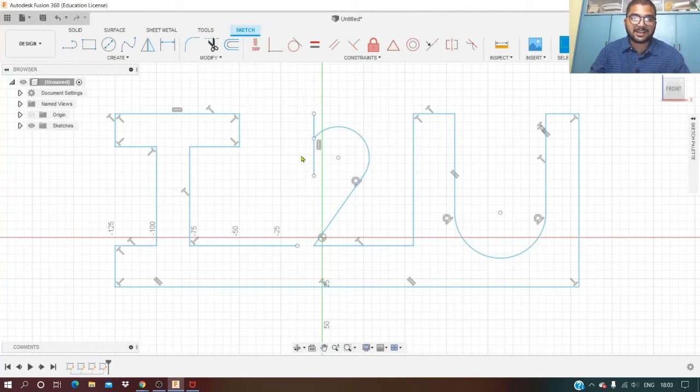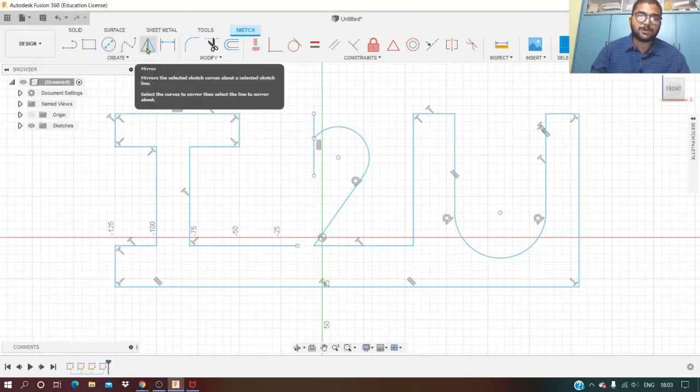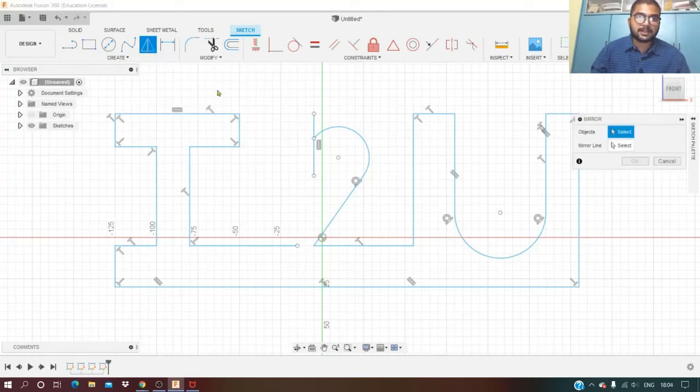I tried these things on Solid Edge as well, but Fusion 360 is a new thing for me, so let me try here as well. Mirror, polyline, rectangle, circle: these icons are almost the same in all software, so you need not worry about that. See here, it is asking us to select the objects which we want to mirror.